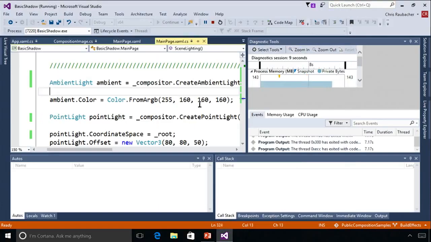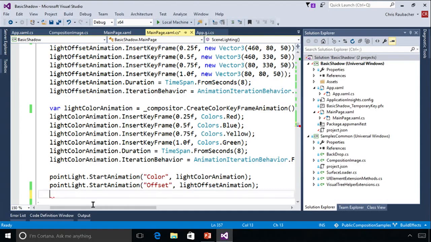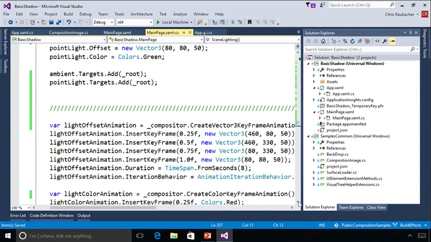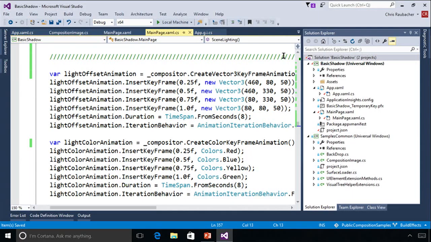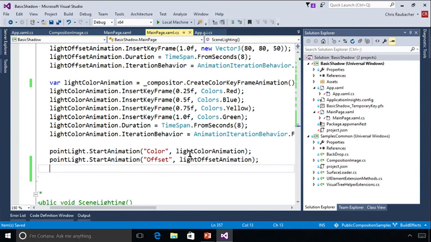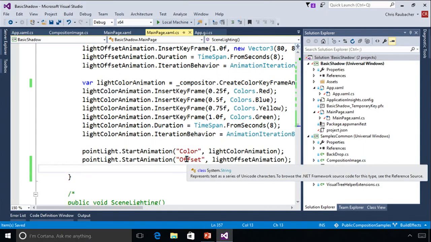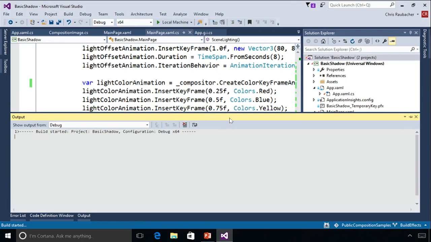So again, the real power and interesting dynamics come from when we add animations. So I have 2 animations here that I'm going to add. One affects the offset of the light and moves it around in a rectangular pattern above the visuals. The other changes the color from green to red, blue, yellow, and back, both over the course of 8 seconds. And as usual, we bind our animations back to the underlying objects. So this is just the point light. We're modifying the color as well as the offset. And when we run this,